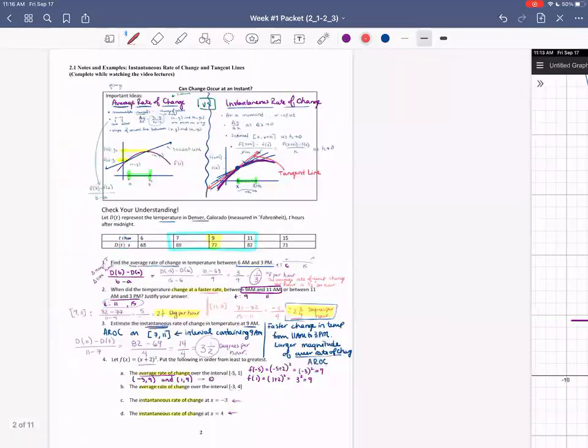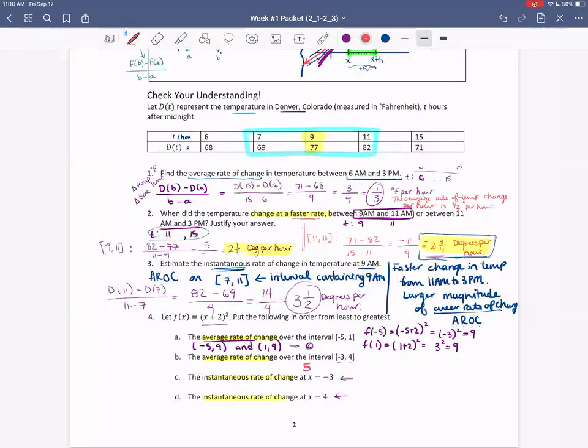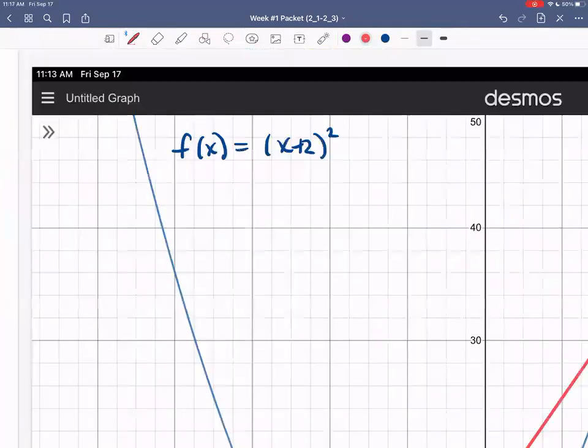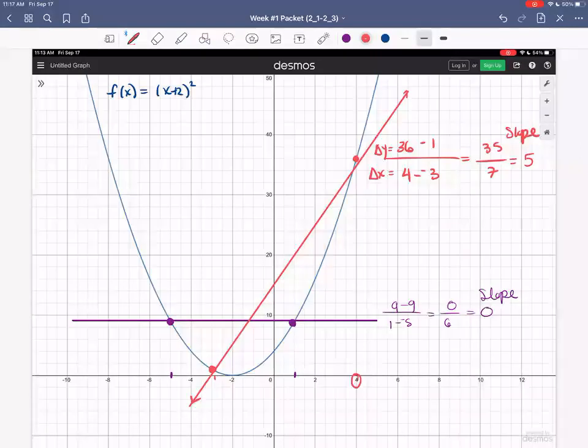So making note of that, we have a 5 here. So now let's consider the instantaneous rate of change at x equals -3. Instantaneous rate of change is going to be the slope of the tangent line at that point. So we can do our best to approximate that by hand by finding that point on our graph, -3